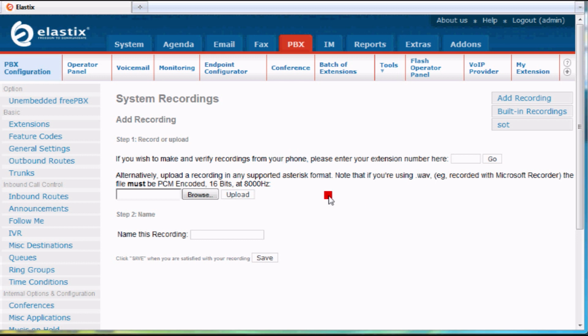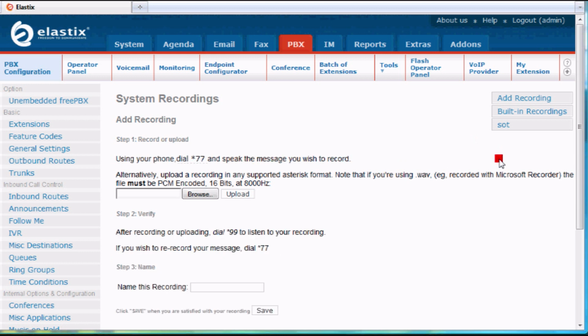But basically, if I want to make a recording right now from my telephone, I'm going to enter the extension that I'm at, which happens to be extension 212, and I'm going to click go. Then I'm going to pick up my phone, because if you look on screen it says dial *77 and speak the message you wish to record. So I'm going to go off hook, dial *77,